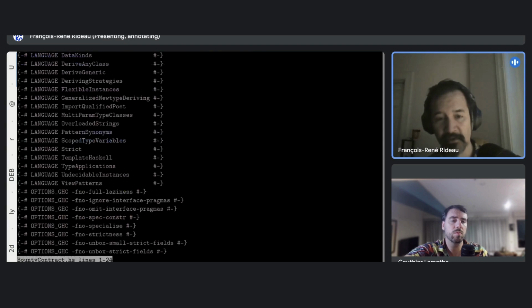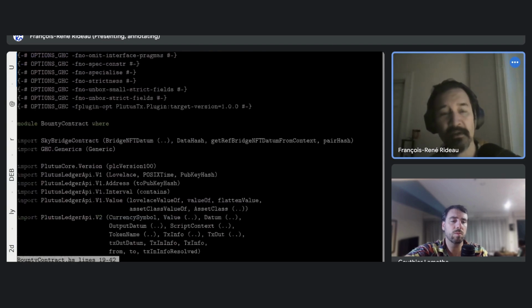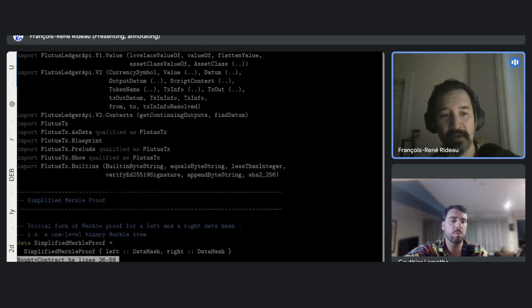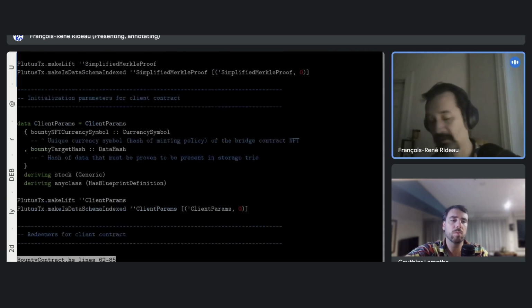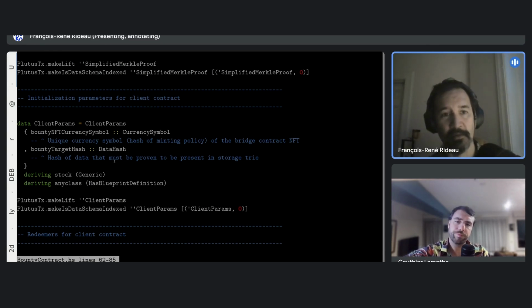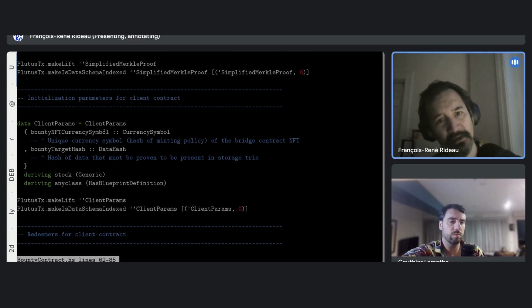So here's a bounty contract that will pay you something, a very simple contract, the simplest client contract. Someone will pay you something if some data was published on Sky protocol. And instead of paying you something, it could be instead validating an update for a sidechain or something like that. But here it is a simple bounty thing. So the params are you will receive some bounty